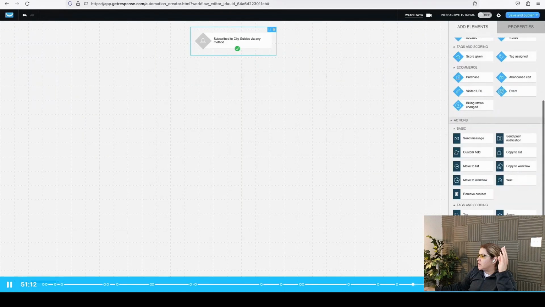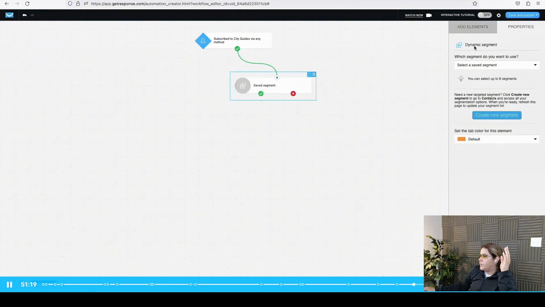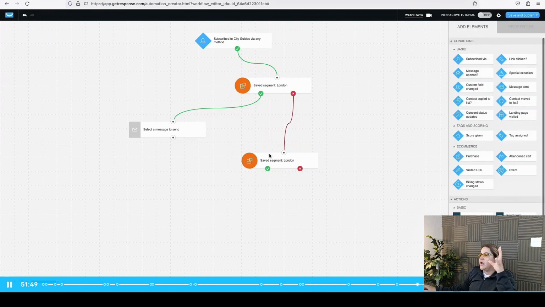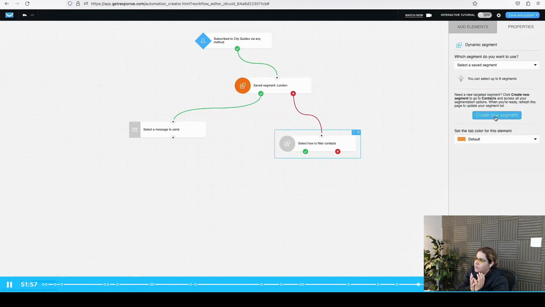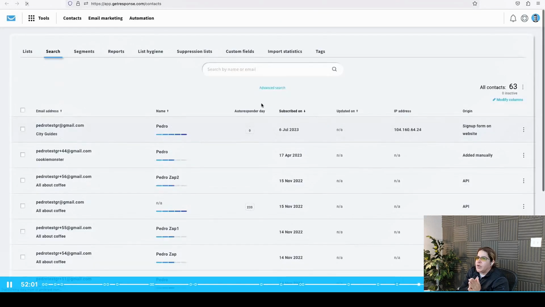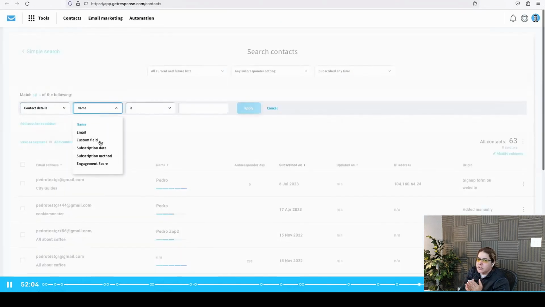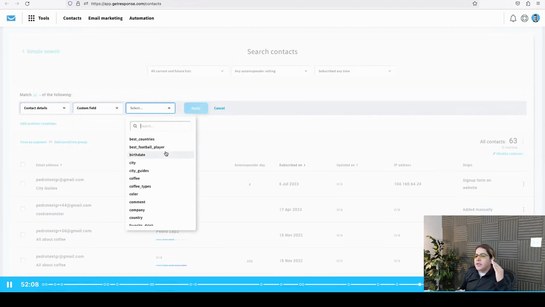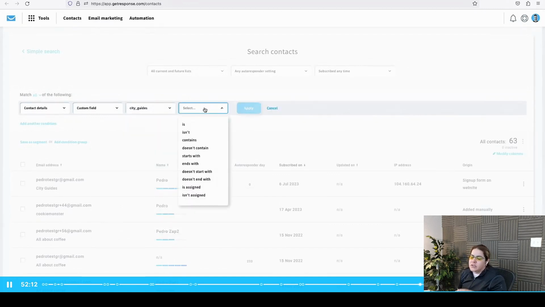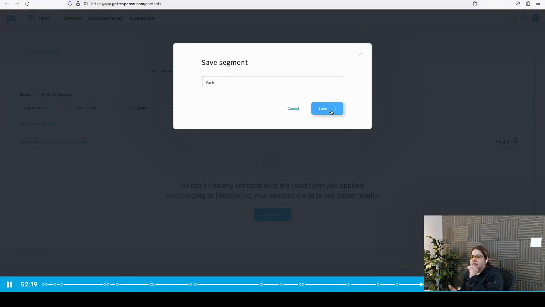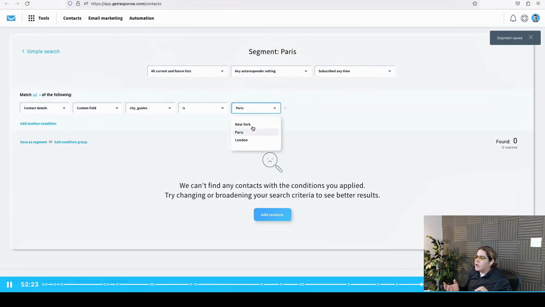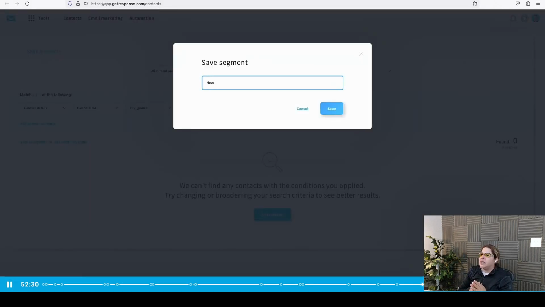The first element of the workflow is the one that is going to trigger the workflow. In this case, we're going to choose a customer list for a filter, a customer list that we have previously created. But here it shows what kind of filters we can do in our customer list. To filter it down, you want to look at the contact details. And in this case, I have already created a city guys customer reduced list that we wanted to implement for